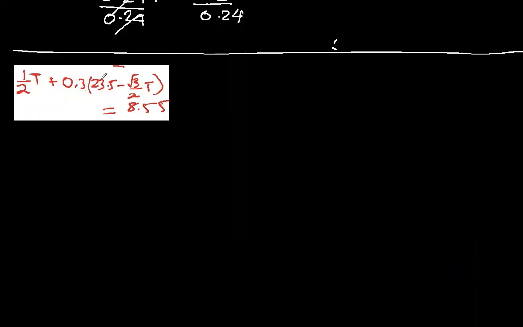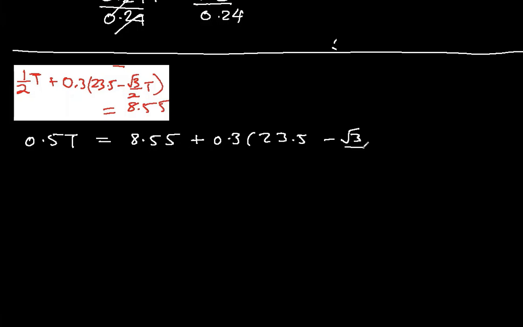Right. So the equation remains the same, only that the frictional part, this one, comes with 8.55 now. So 0.5t remains there, is equal to 8.55, which was on the right side already. This frictional force also joins it, 0.3 times 23.5 minus square root 3 over 2t. Alright, so 0.5t equal to 8.55. This times this was 7.05